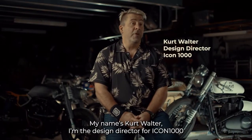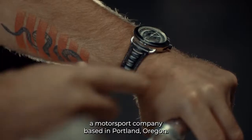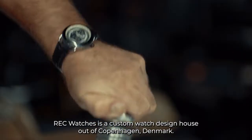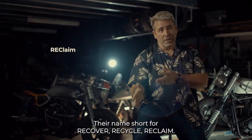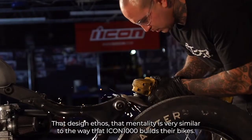My name's Kurt Walter. I'm the design director for ICON1000, a motorsport company based in Portland, Oregon. Rec Watches is a custom watch design house out of Copenhagen, Denmark. Their name, short for recover, recycle, reclaim, that design ethos, that mentality is very similar to the way that ICON1000